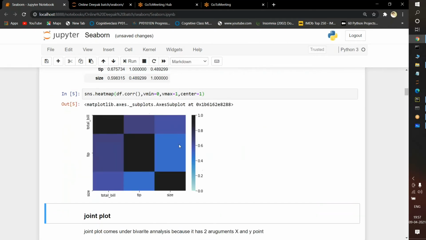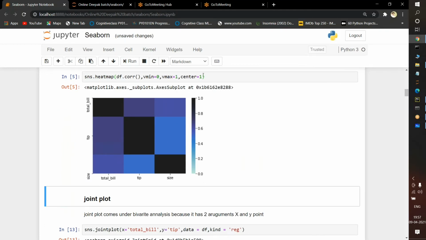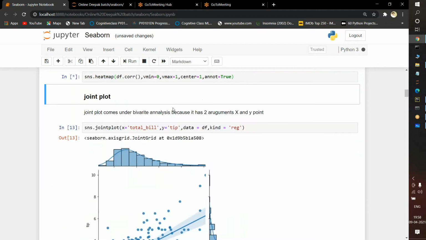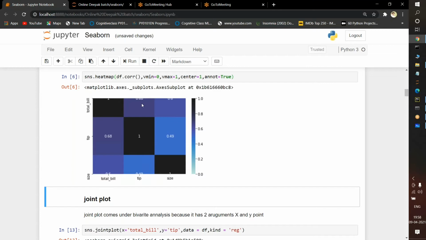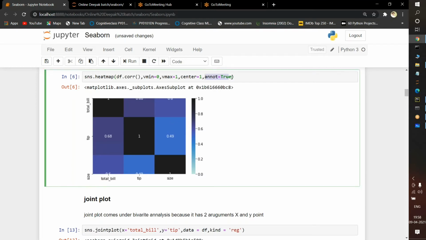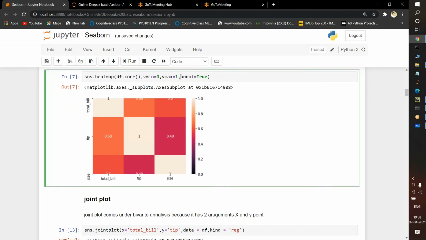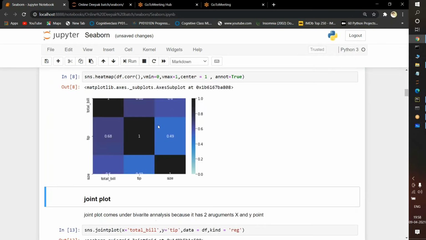It is taking time and it is executing. But see, there are no values inside the heat map. So for that purpose, I will put a comma, copy it again, and if I execute it, see, it is showing me values. This is the purpose of using annot. If you just remove the center keyword and execute it, the color will be different. For that purpose I am using this center keyword. I'm running it again. See, the plotting is very perfect.